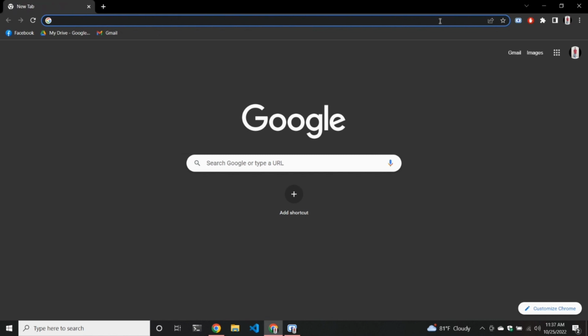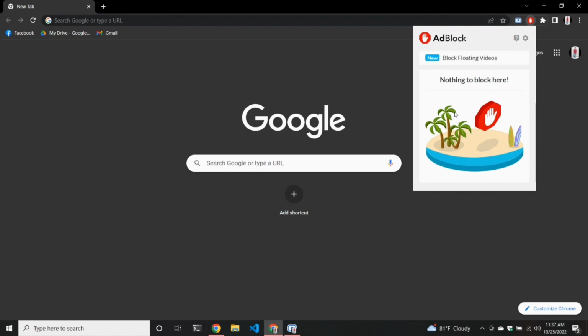So this is an ad blocker. When you visit any commercial website that shows ads, they will be removed automatically. While you are using this extension, those ads will always be removed automatically. I don't want to promote any commercial websites, so I'm not going to show you, but this will work 100%. If it doesn't, you can comment in